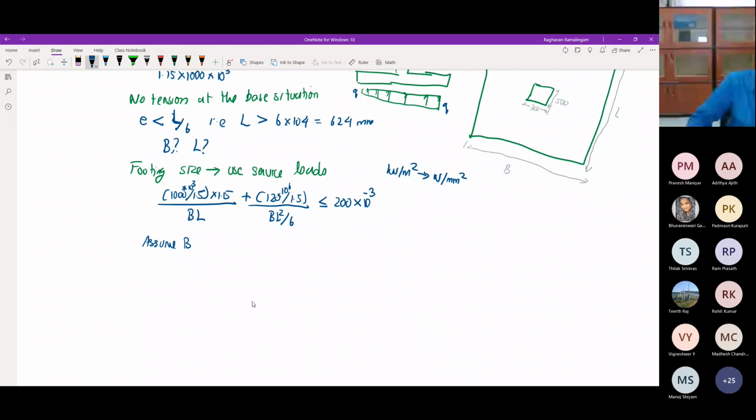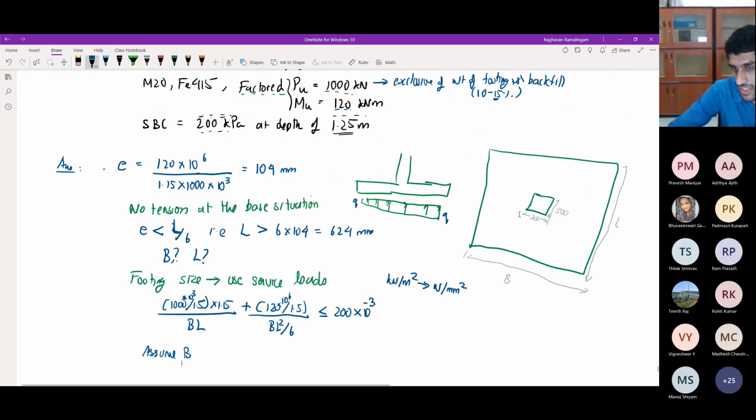So one of the best ways to assume it is to make it by looking at the picture. For example, you have 300 mm column size. Okay, the column width is 300 mm. So this B which you want to use, you may want to make it at least 3 times of it or something more than that.